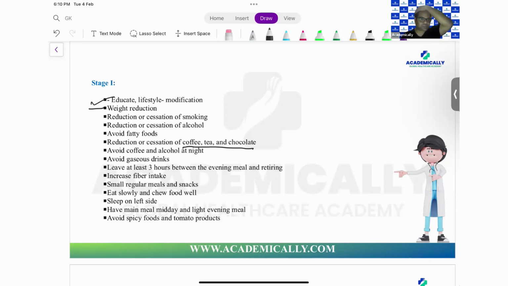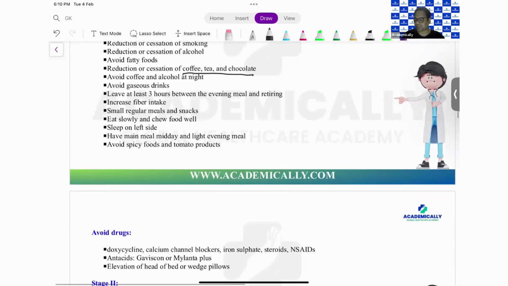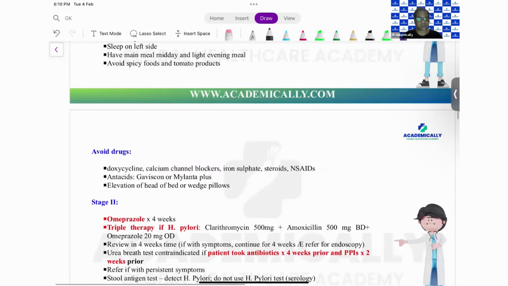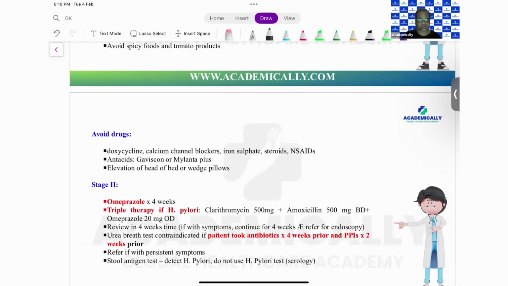In case you know better than me, avoid fibrous food, chew your meal properly. Nowadays, you have classes, people teach you a 1 day course on how to chew. There are 1 day courses on how to breathe. So there are a lot of things, we all know all these things. Sleep on the left side, that is also one thing. Avoid spicy food, tomato products, and all these things. Avoid certain drugs.